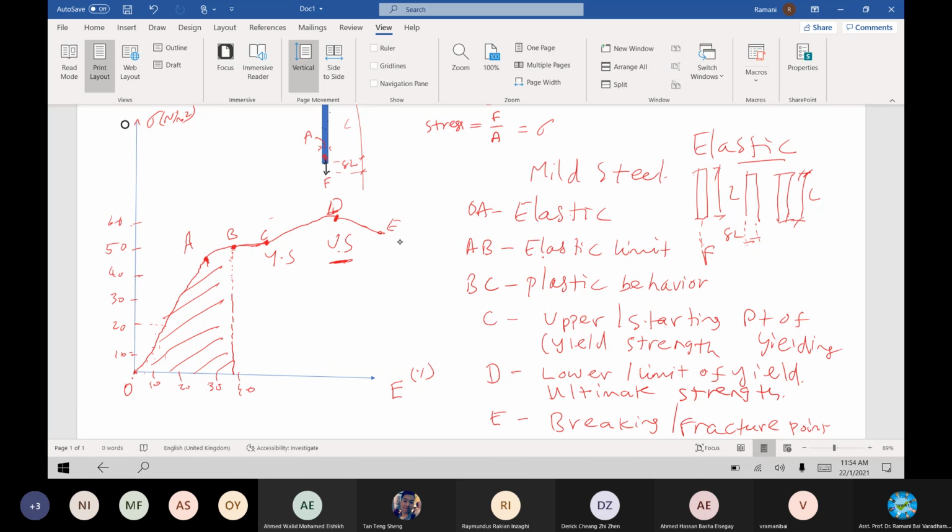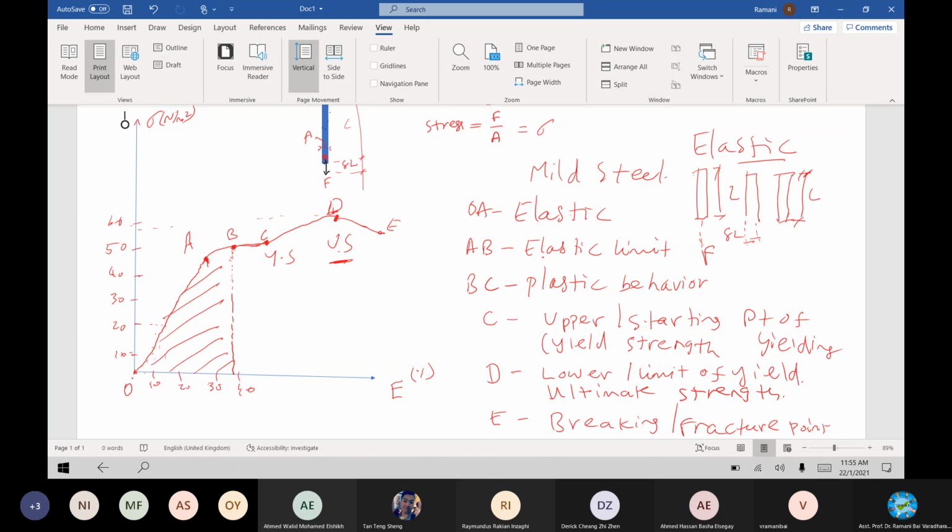After this you cannot load. See, there is no loading at all. After this there is no loading at all. Even without any loading, it will start breaking. That's why the strain is increasing. There is no load increase. See, there is no loading for the same load. Once it reaches the